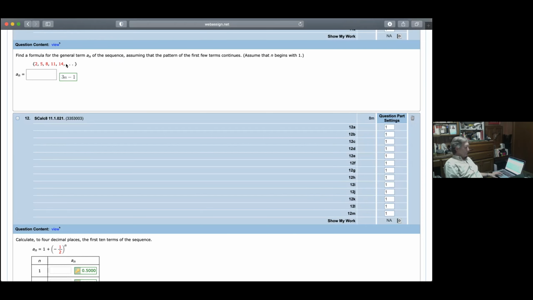These differ by 3. Okay. And so 3 is going to be involved. 2 is 1 less than 3. 5 is 1 less than 6. 8 is 1 less than 9. What these are, the remainders. When I divide a number by 3, when I get a remainder of 2,